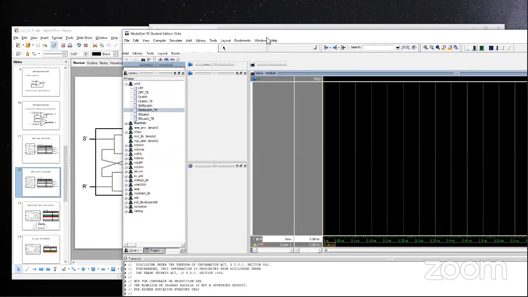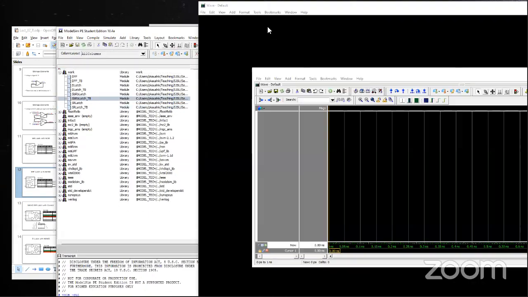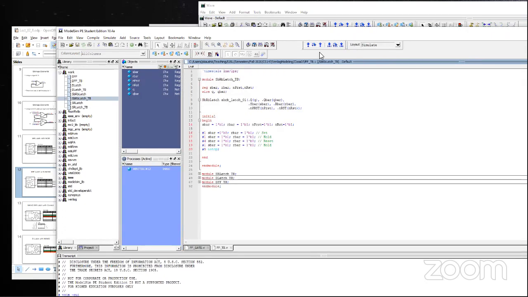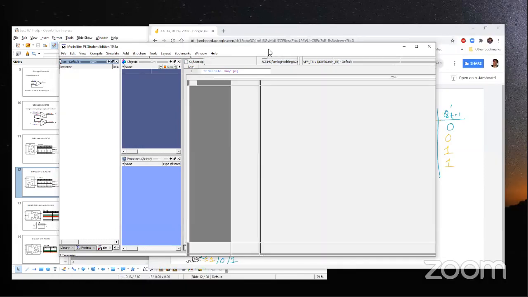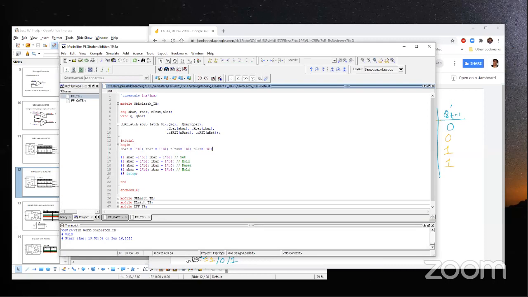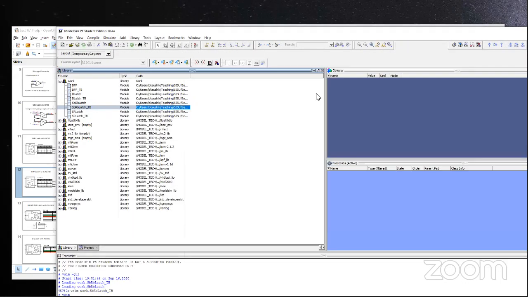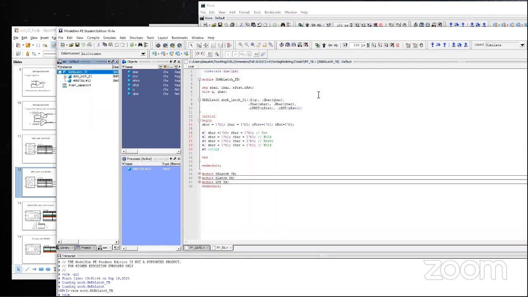So I highly encourage you, since you are learning Verilog and you have this tool in your hand, you can do all these small experiments yourself to learn more about these behaviors. Okay, so what shall we do here? What is it doing? Apparently, it is doing a lot of things.